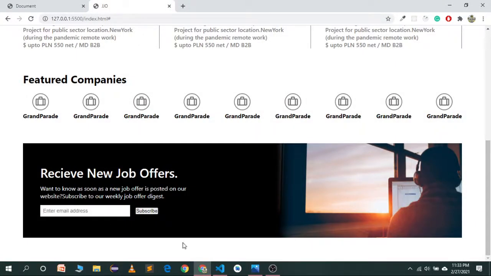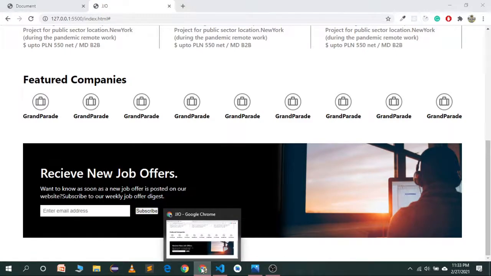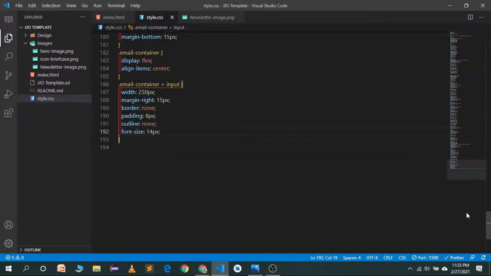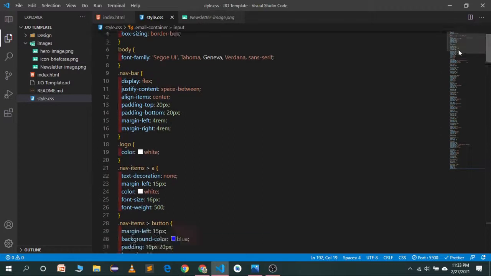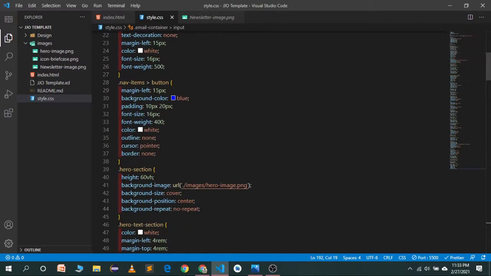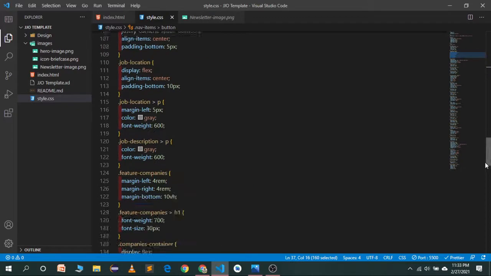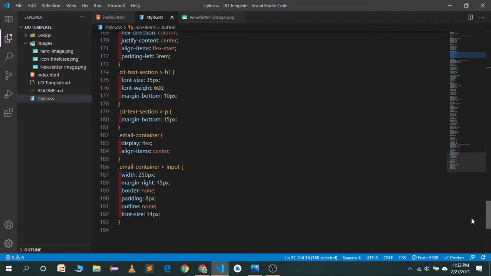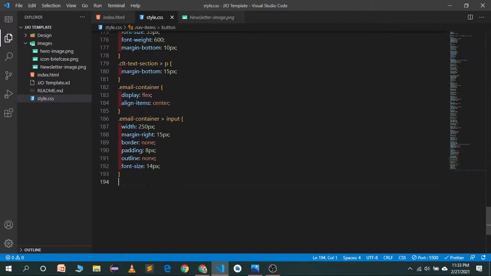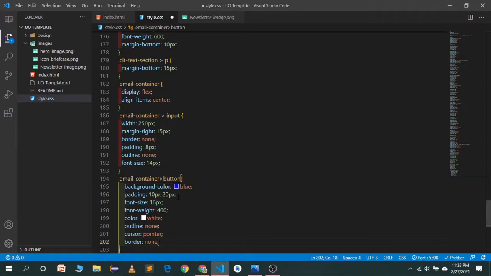Now style the button. For the button we will copy the same properties of the button that we have used earlier. We don't want a margin left, so I will copy the other properties. I will go to the email container, and in the email container we will target the button. For the button I want these properties.